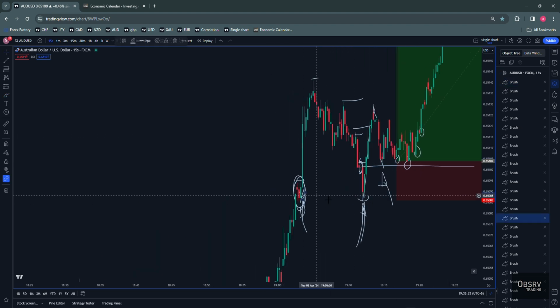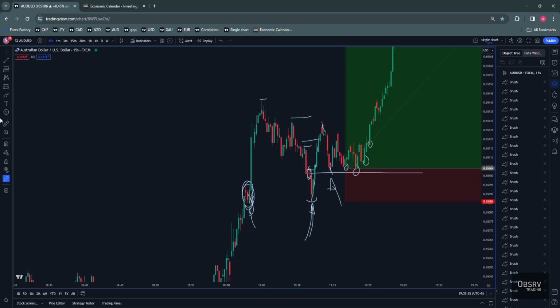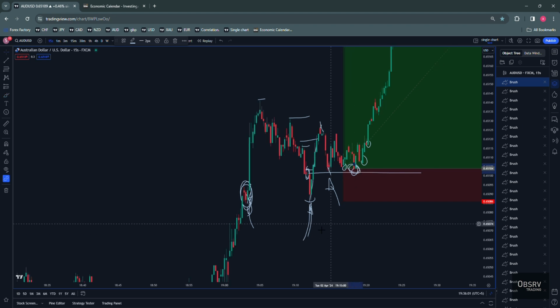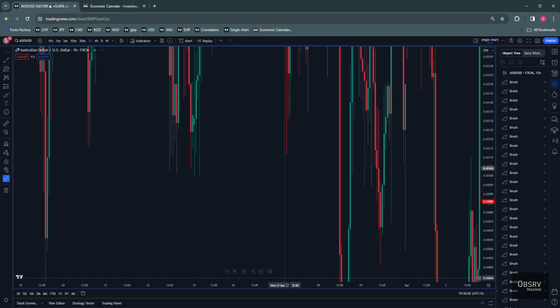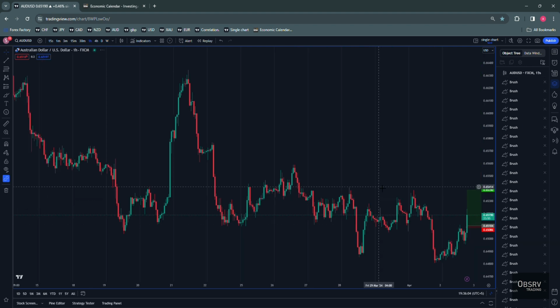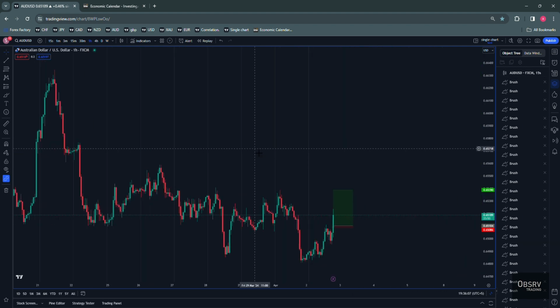The reason why I could not pull the trigger on this, and I honestly almost pulled the trigger around here, the reason why I could not pull the trigger on this is because my bias on this for today was that of a sell. I could not see it turn into a buy, and hence I did not take a trade. And then, of course, I was scared of how fast this went down. That's why I was unable to pull the trigger.